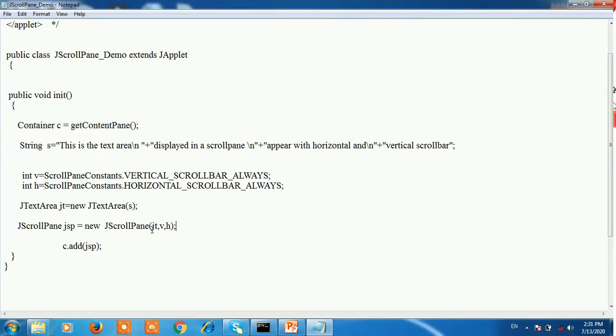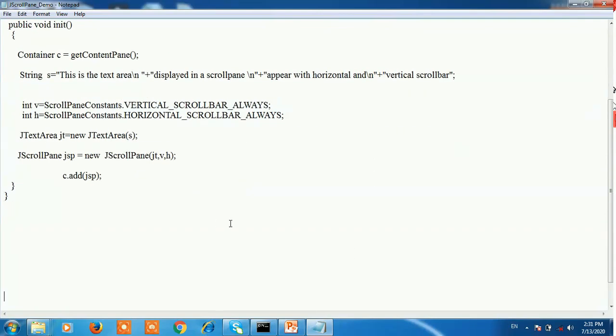The first parameter is jt, the object of the text area, comma v, comma h. V and h are the integer values of the vertical and horizontal scroll bar, and jt is an object of the JTextArea, which contains the string. After that, using the add method, we add the JScrollPane into the container: c.add(jsp).